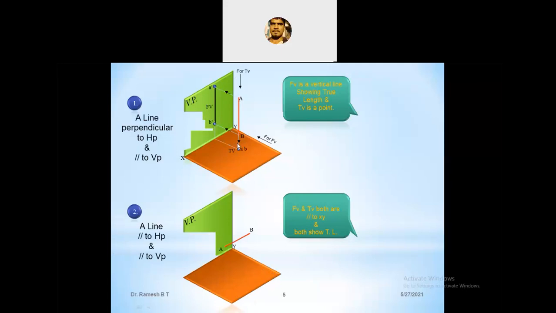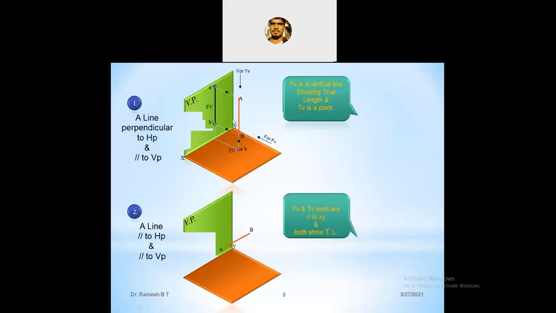See, here if you see from the front, as it is perpendicular we can see the true length of the line in the front view. But if you see from the top, that line will be visible like a dot, just like a point. So point A is visible, but in bracket write point B. So A, bracket point B. But from the front, A dash visible, B dash visible. The line's true length is visible. This is the one case.